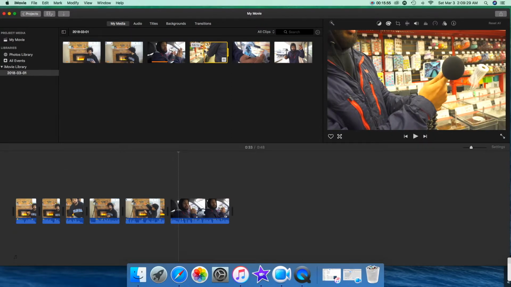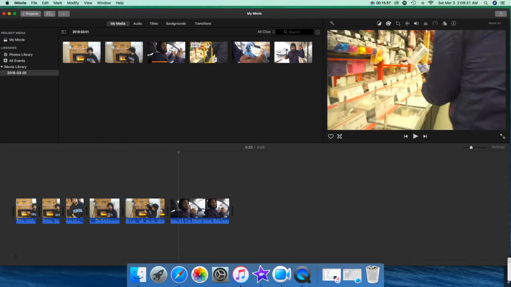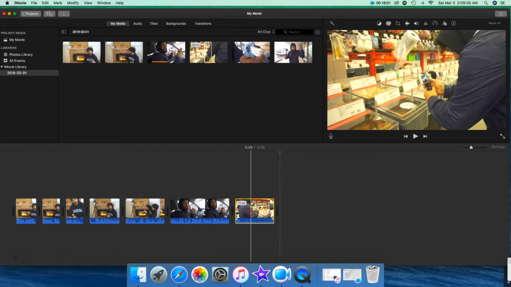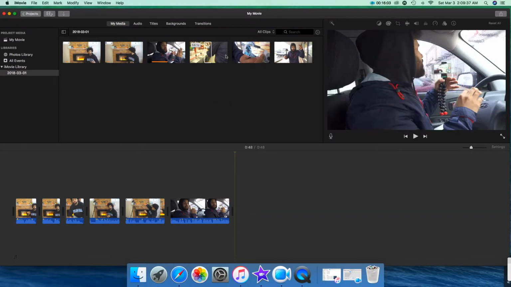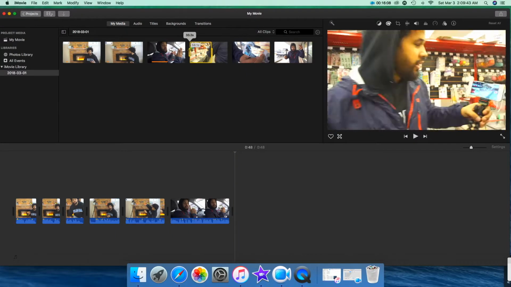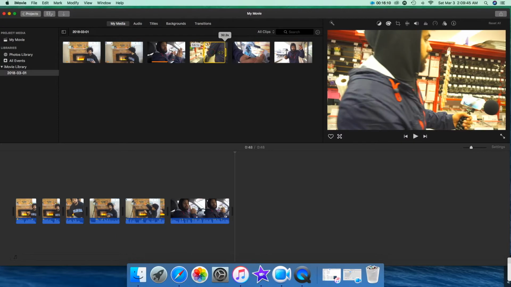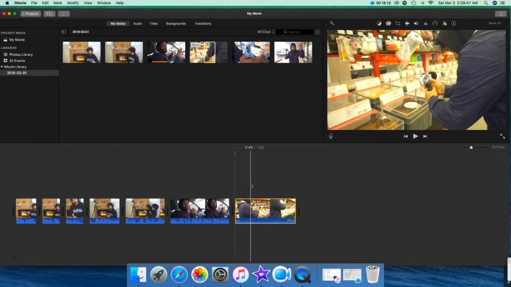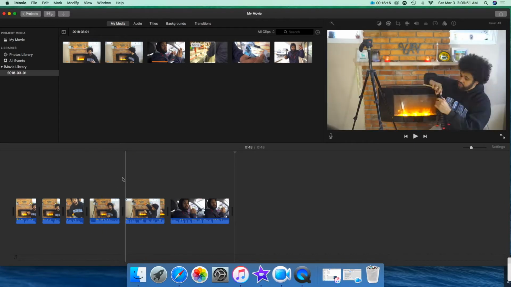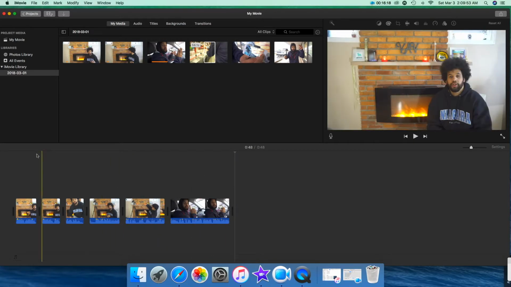We push I, and we want to end it here. We push O, and we have this little small clip, and press E to place it into the end of the timeline. And that's it. And if you guys don't like these shortcuts, you can drag to put the in and out points, and then drag to put them in there if that's more of your style. So I'm not gonna put any more clips. I think this is good to start. Let's add in some